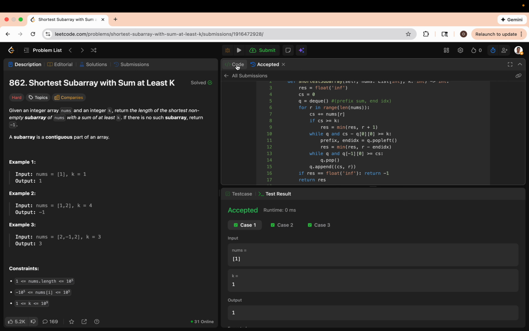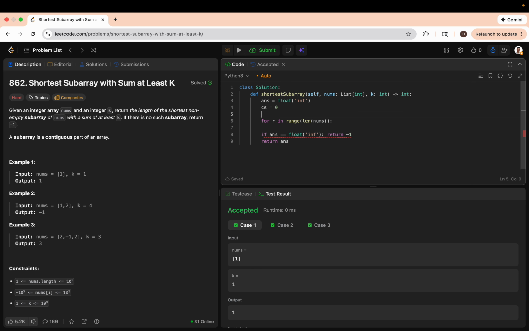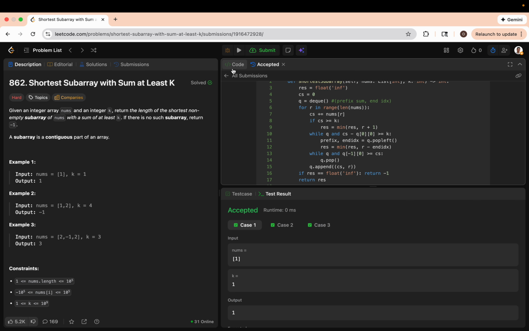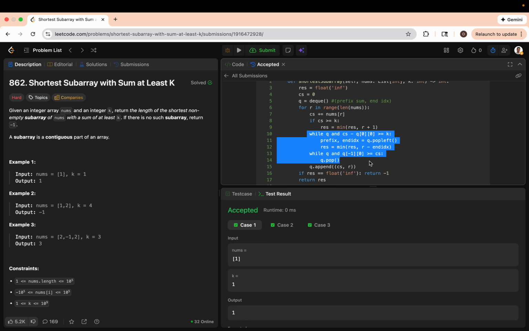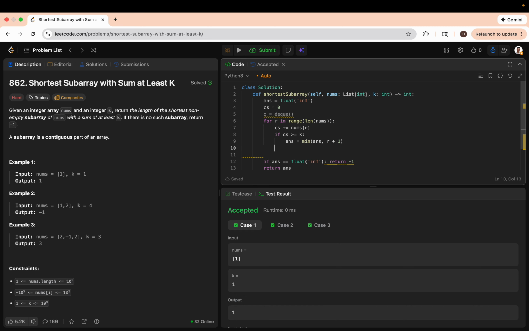So basically you have this current sum, and then you have a Q. We're going to obviously add nums of right. That's just the prefix sum. And then if this is bigger than or equal to k, then we're going to minimize the answer with the length of the current subarray so far from the beginning. That makes sense. But this part is very confusing. So while Q and